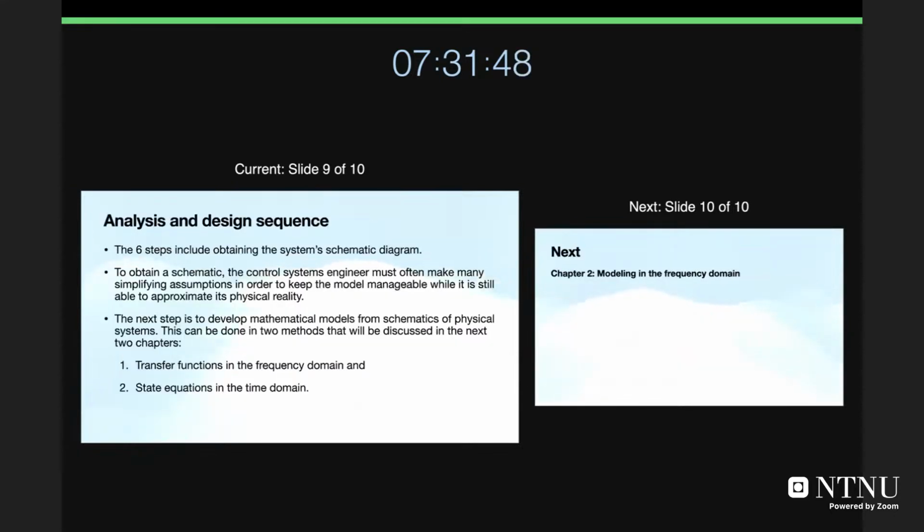So, the analysis and design sequence. The 6 steps include obtaining the system schematic diagram. To obtain this schematic, the control system engineer must often make many simplifying assumptions in order to keep the model manageable, while it is still able to approximate its physical reality. This is very important because all systems around you are too complex. But when we try to write a differential equation or a transfer function or a state space representation of your system, usually we make some assumptions and simplifications in order to build a model which is good enough to represent